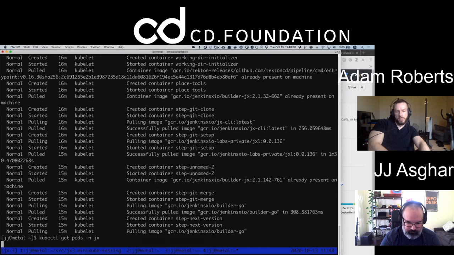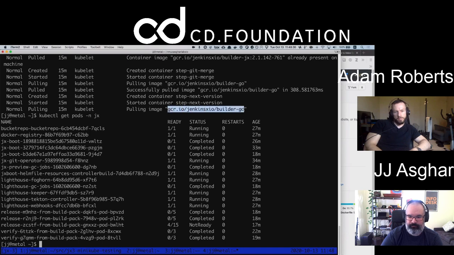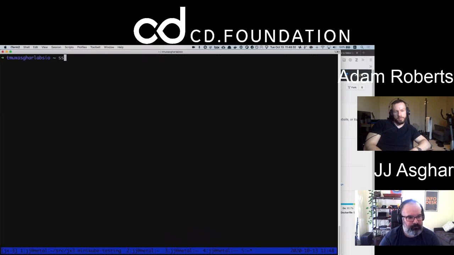Maybe we should just do a Docker pull of that Builder Go. If you do a normal Docker pull of that Builder Go, what happens? All right. Don't have Docker on here, of course.